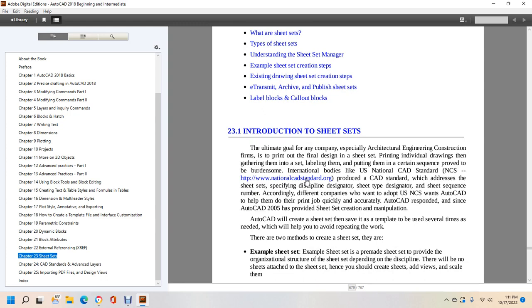The ultimate goal for any company, especially architectural, engineering, and construction firms, is to produce the final design in a sheet set: printing individual drawings, gathering them into a set, labeling them, and putting them in a certain sequence, as provided by the U.S. National CAD Standard (NCS). The address of each sheet is specified with the discipline designator, sheet type designator, and sheet sequence number, and different companies may want to adopt the U.S. National CAD